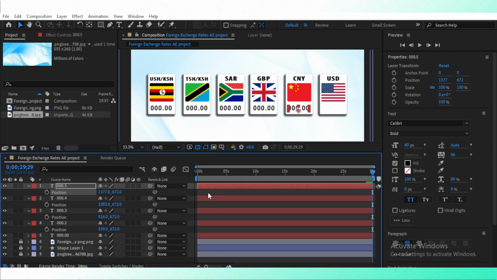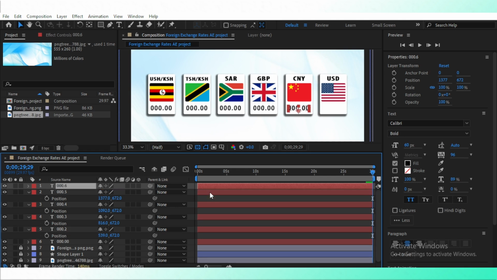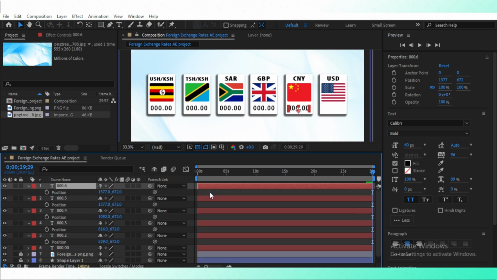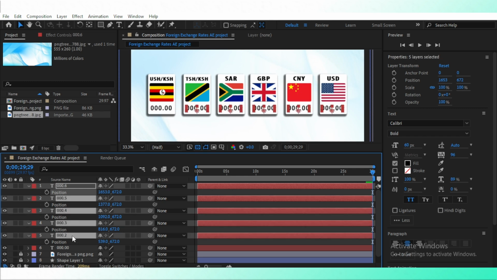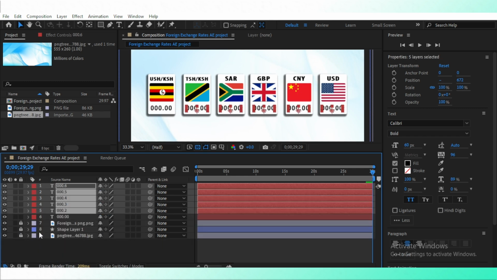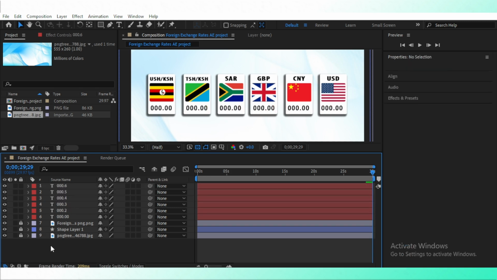Don't worry about the pixelation. I'm not previewing at 100%. If I was to preview at 100%, it wouldn't pixelate. So I duplicate again, position. Then I get it to that point. Once I have done that, let me just drop all of those. Now I need to go and get these figures from somewhere, and lucky enough, I have